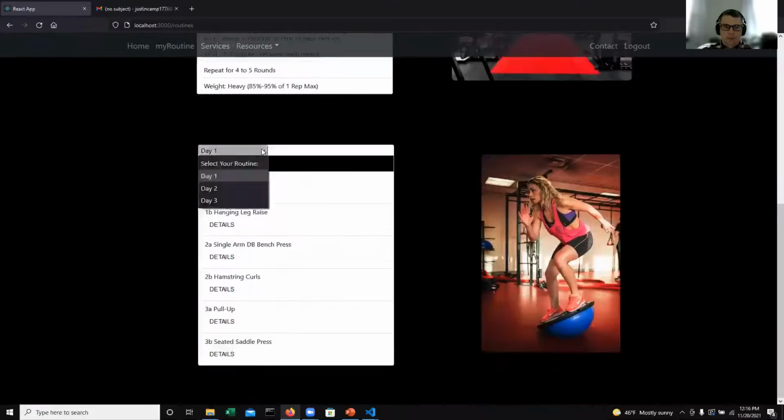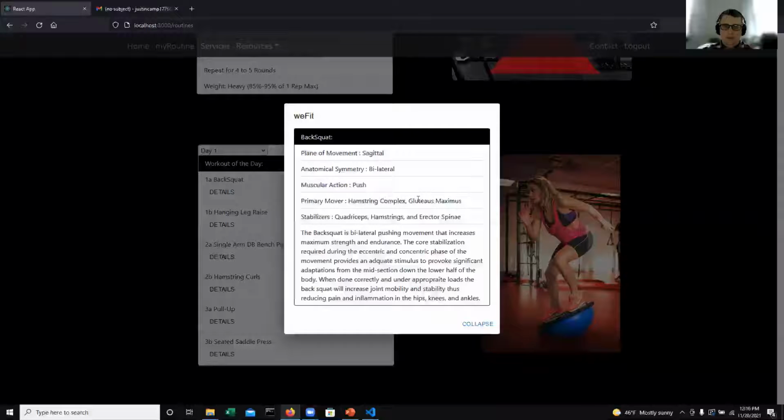I have 3 different workouts here as well. And then with each movement in the workout, I included a details modal. The details modal provides some information of each movement. For instance, the back squat is a movement in the sagittal plane. It's a bilateral lower push. Primary movers or agonists are the hamstring complex, the gluteus maximus, stabilizers, and then I just have some information about